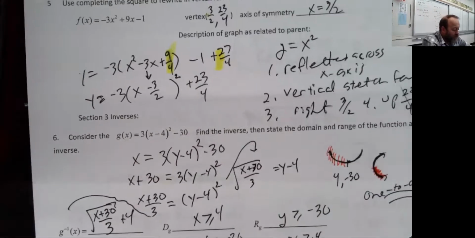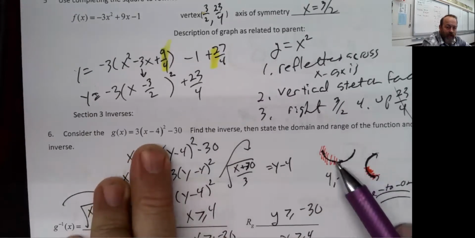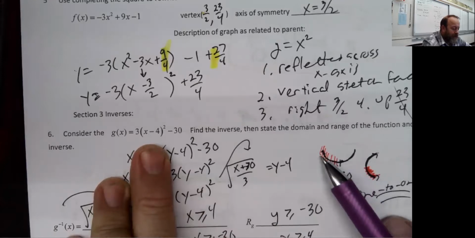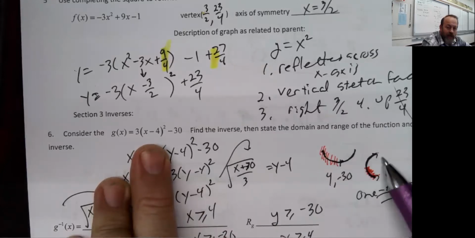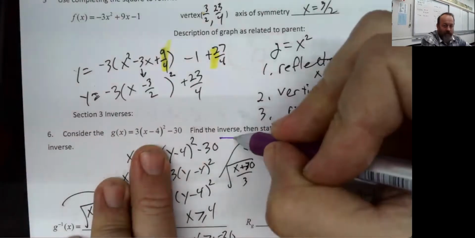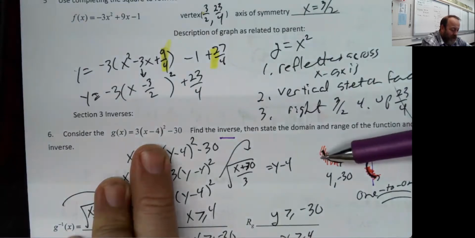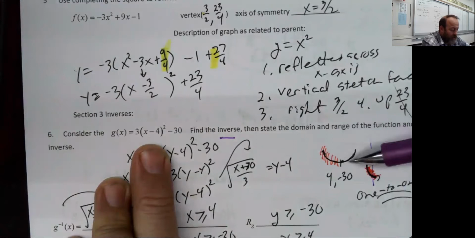Now, we start with a parabola that looks like this right here. Keep in mind a parabola has this shape, so its inverse would actually be a sideways parabola. But the problem with that sideways parabola is that it fails the vertical line test, right? And so what we learn is that for a function to even have an inverse, it has to be what we call one-to-one. And that means it has to pass both the vertical line test, as it always has, but also the horizontal